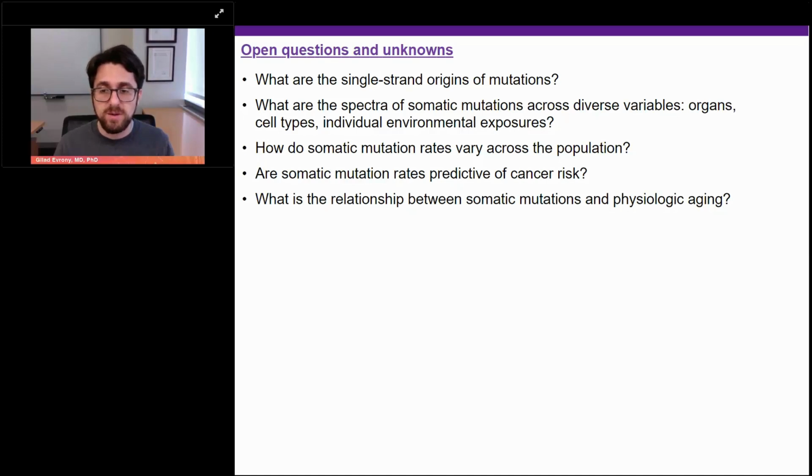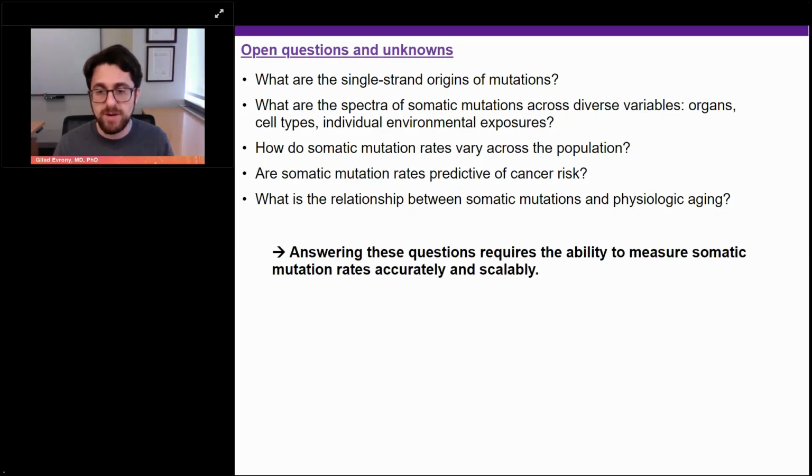And perhaps the most provocative question that's been debated for a long time is, what is the relationship between these aging-related somatic mutations and aging? Is this just a biomarker, a correlate of aging, or do these somatic mutations actually cause physiologic aging to some degree? And answering these questions requires an ability to measure somatic mutation rates accurately and scalably, which is actually not